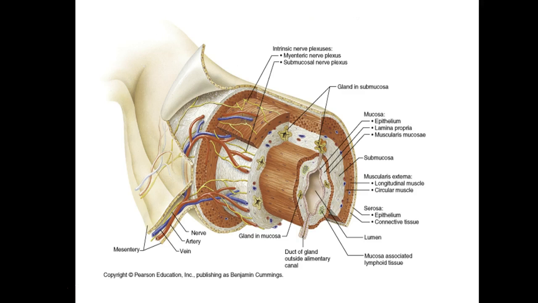Submucosa, remember that's where you have your first nerve innervation, that Meissner's plexus. I don't see him calling it anything on here, but in the submucosa, that's where you have the Meissner's plexus, so that's the glandular release. And then you move out to the muscularis externa. That's a pretty thick one where you're having at least two layers of muscles, longitudinal and circular muscles that are going to create that movement called peristalsis. And then you have on the outside